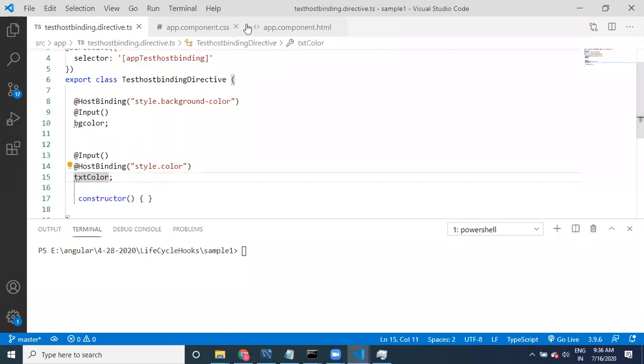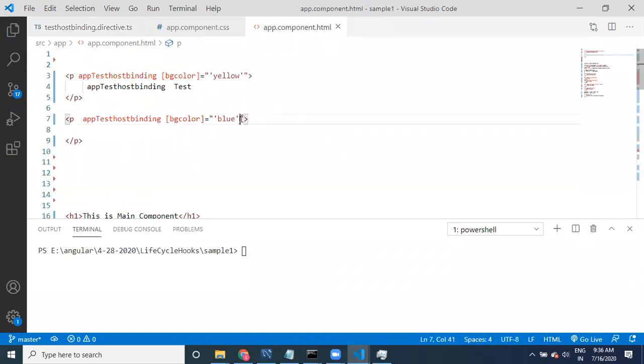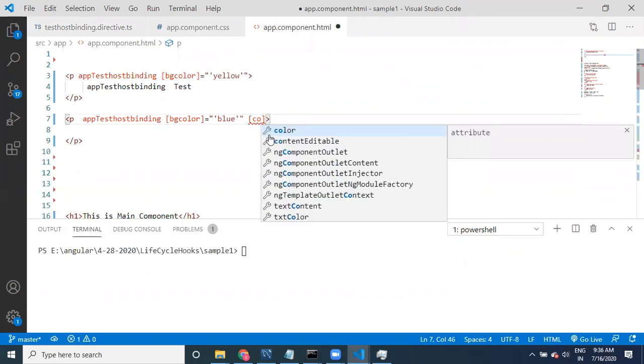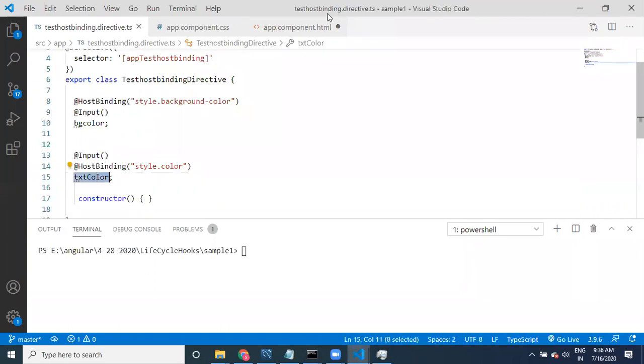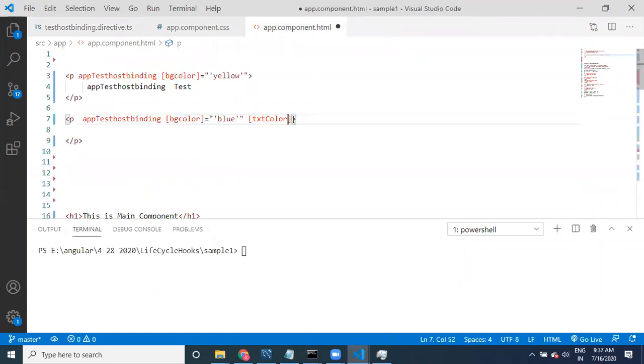Okay, now let us go to HTML. What is the property we have taken? Text color, right? Okay, take the text color, provide it. Text color is going to be yellow. Okay, now see here.